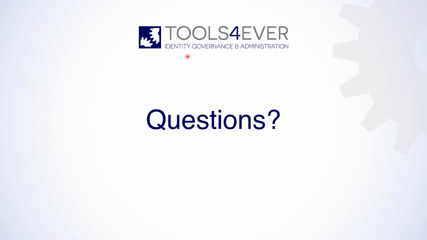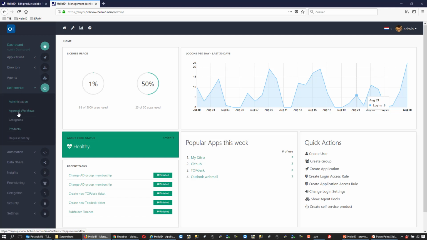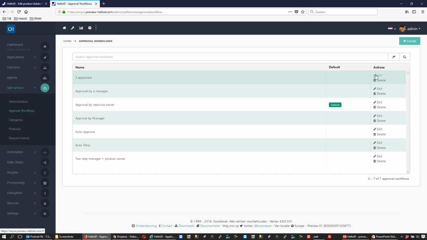This is a really good question. How can I make sure that not one, but a minimum of 2 people from a group do an approval before continuing to the third approver? Yes, I agree, Jamie. Interesting question. Let me show you how you can do this in the software. Self-service, approval workflows. And let me use my example